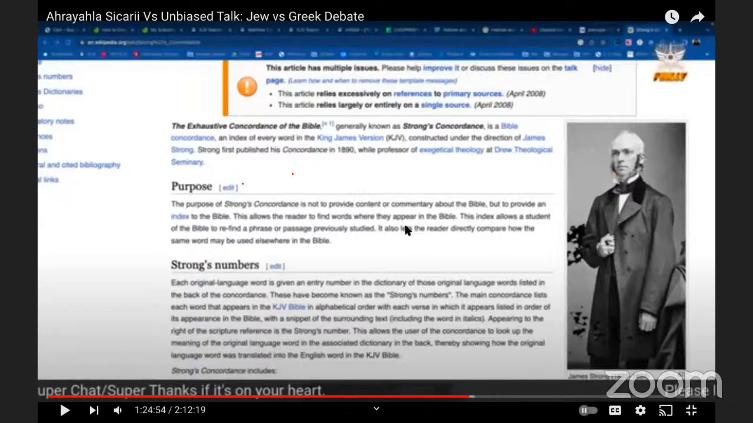But why would you skip past the Thayer's lexicon that's at the bottom of Strong's? It's not Strong's, it's the Blue Letter Bible that has Strong's in it. The Blue Letter Bible has Strong's definition, it has outside biblical usage, and it has Thayer's lexicon. This is not Strong. This is the Blue Letter Bible website that contains Strong's. Okay, so